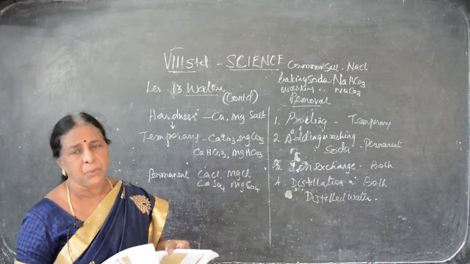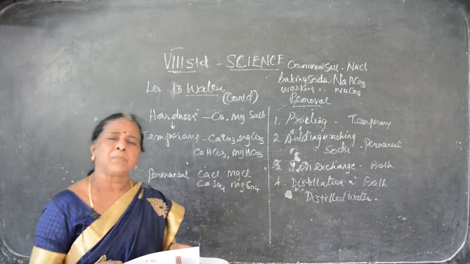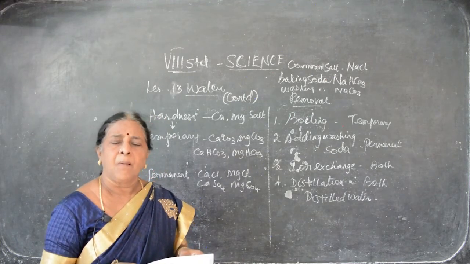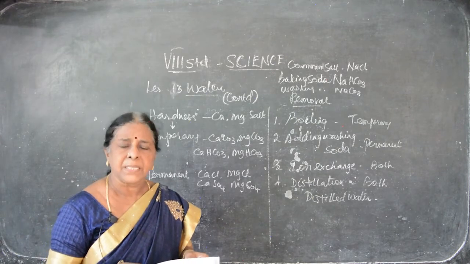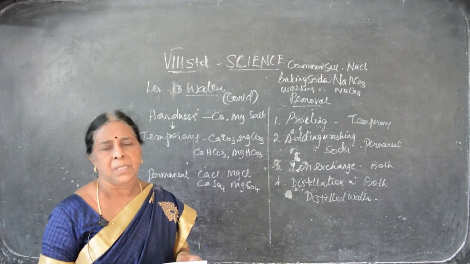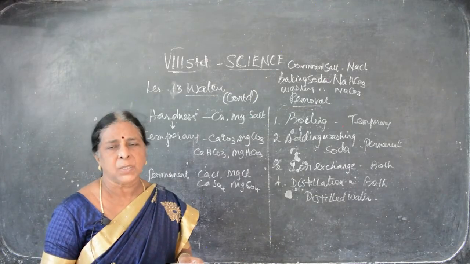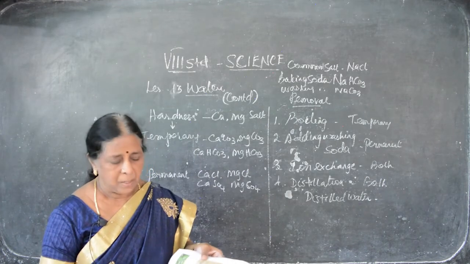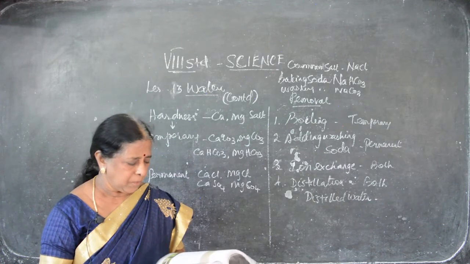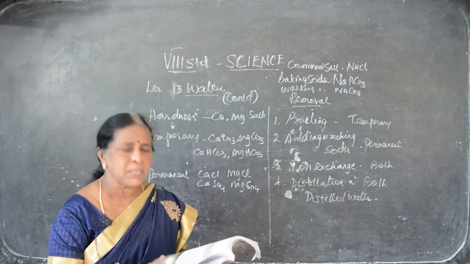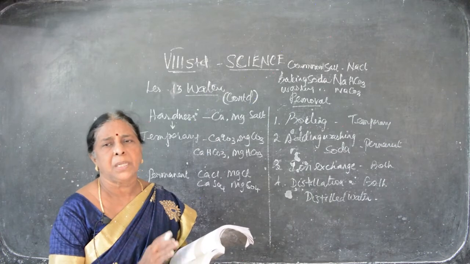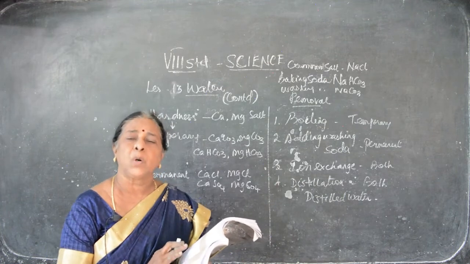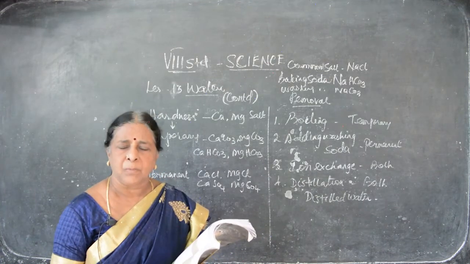Then what else have we seen? Water is a universal solvent. In water, all the salts dissolve; water is a solvent. It makes other things soluble. About 90% of solutes can be easily dissolved in it. So water is a universal solvent. And in water some salts are there. Not only hydrogen and oxygen, even air is present in it: carbon dioxide and oxygen. This oxygen and carbon dioxide are used by water plants and water animals.